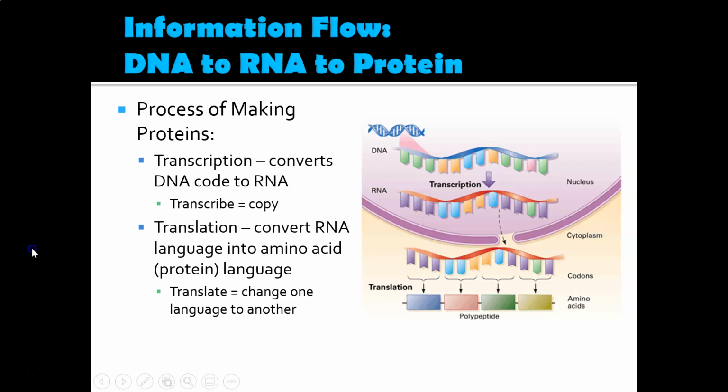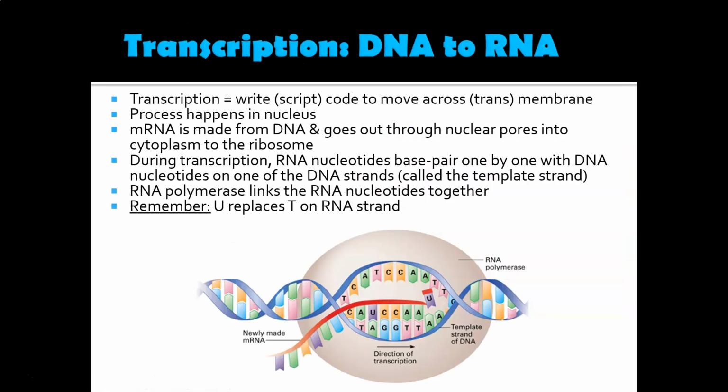So for today, we're really going to just focus on this first part, that transcription piece. How do I go from taking that DNA code, that gene, and creating messenger RNA from it? And so that's what transcription is. It's writing the code and then moving it or crossing that membrane. So remember, transcription requires DNA, which means this has to happen in your nucleus. So that is the site of this particular process. We're going to make that mRNA from DNA. Once it's created, it goes through those nuclear pores, these little holes that are in the nuclear envelope or the nuclear membrane. We'll move that messenger RNA then out to the cytoplasm, to a ribosome, to actually do the translation